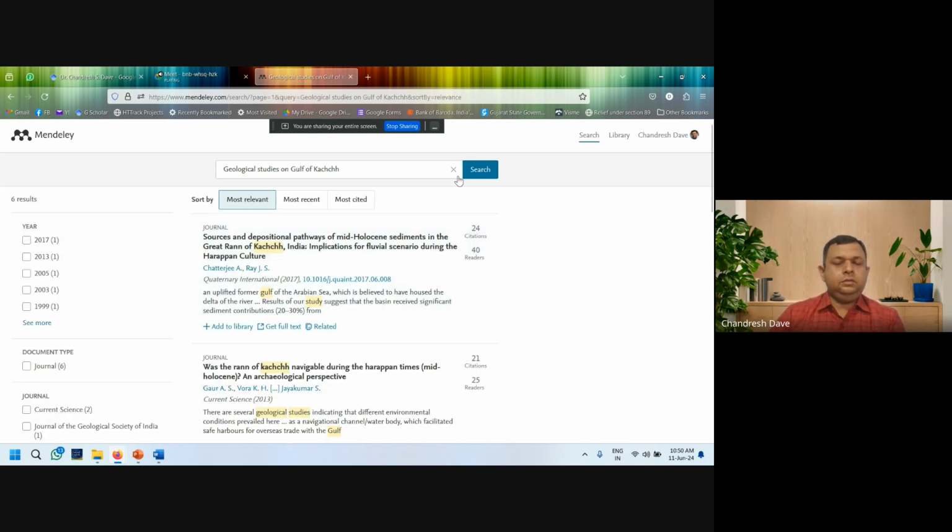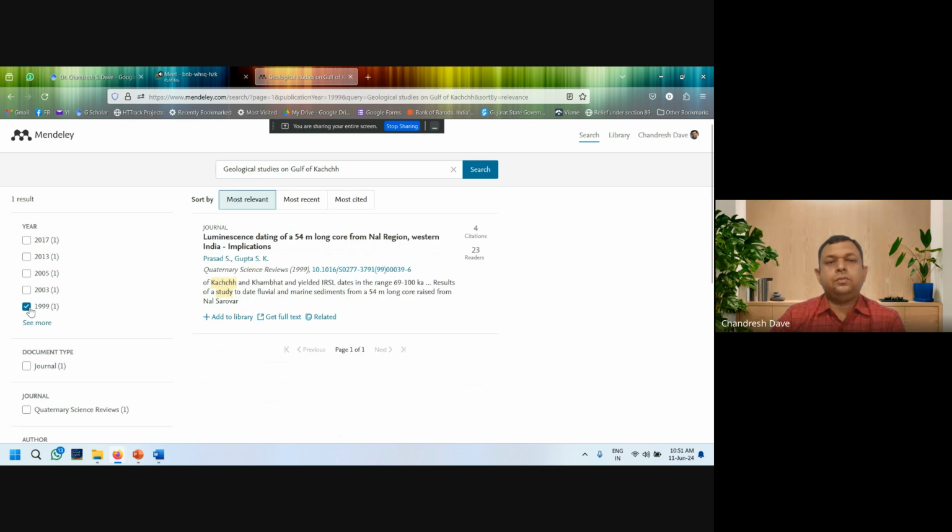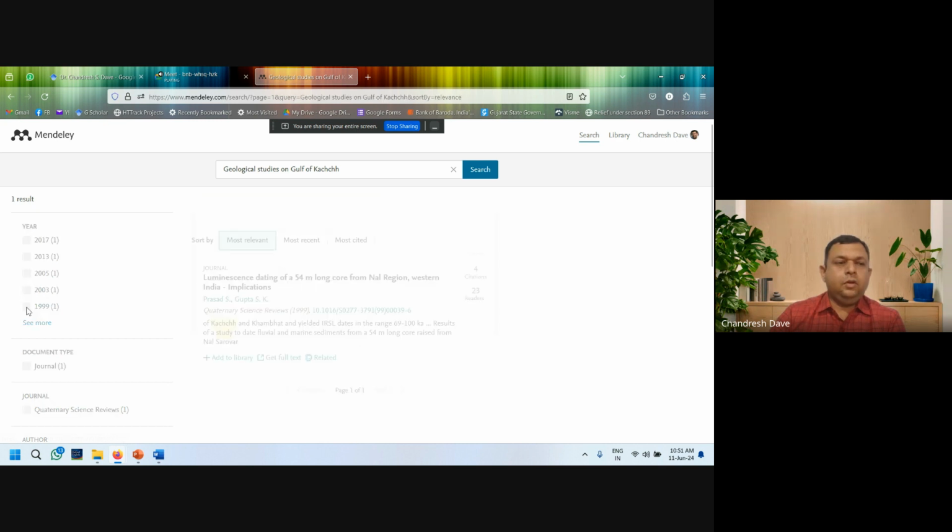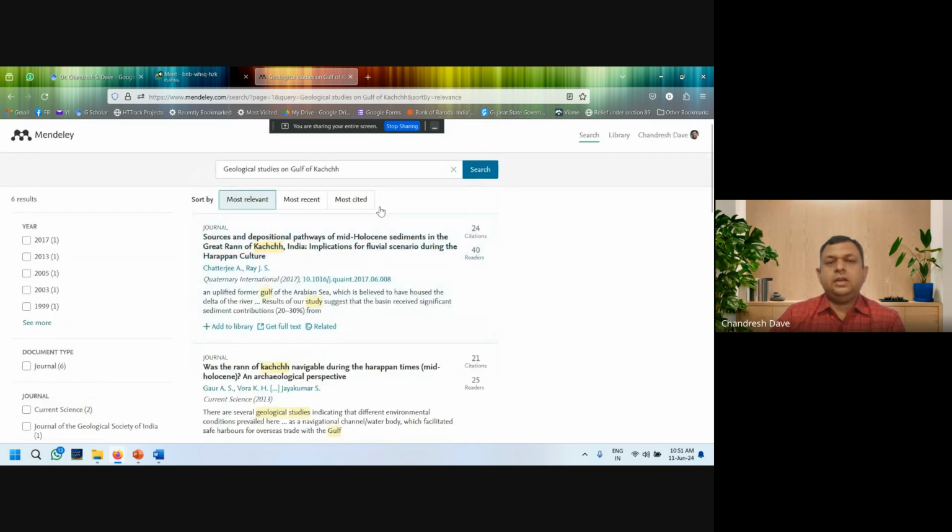Inbuilt search engine which will give results on the keywords entered. Like I have tried to find studies having geological outcomes on Gulf of Kutch. So the search result appeared with different research papers. I can select the year if I would like to find the oldest research available.